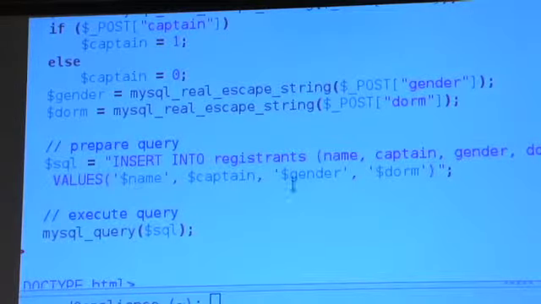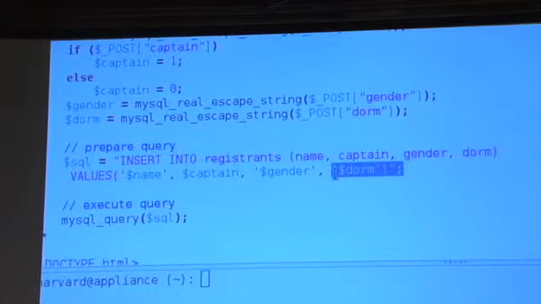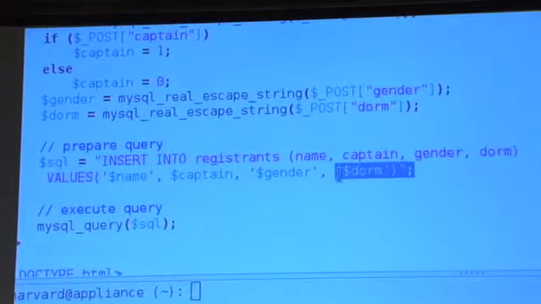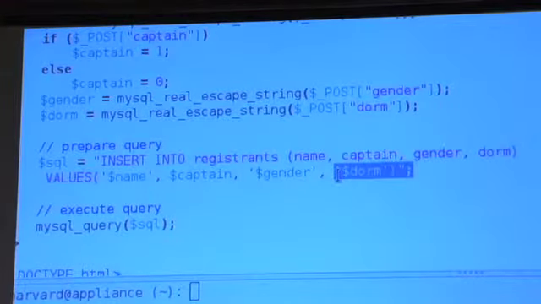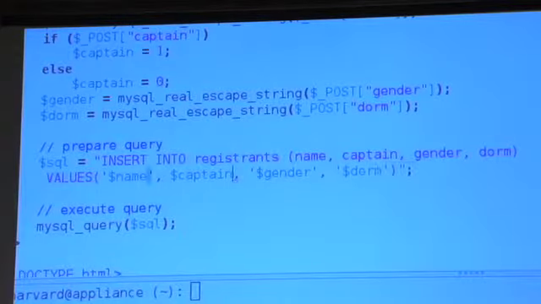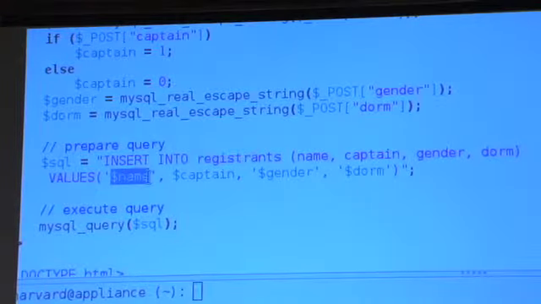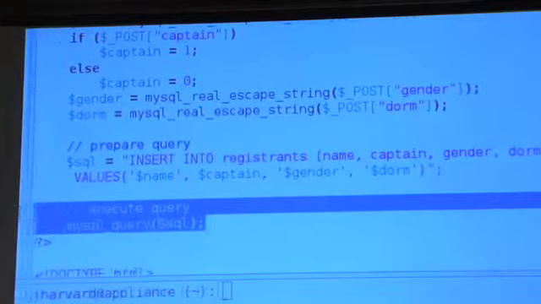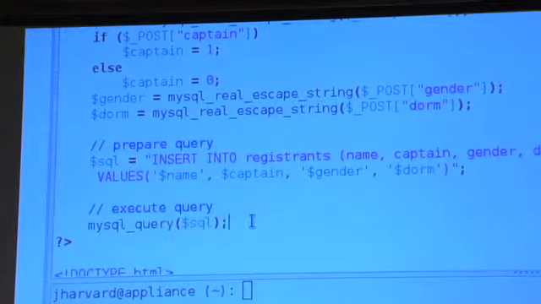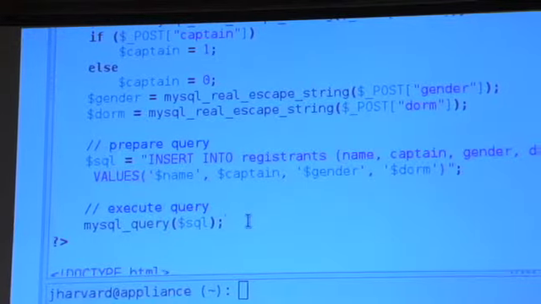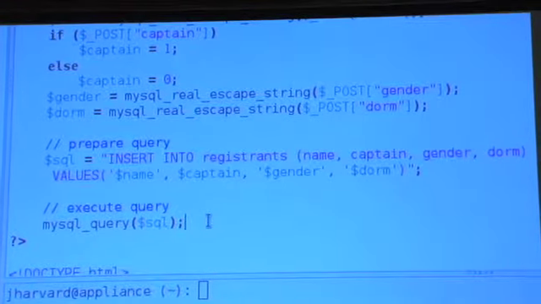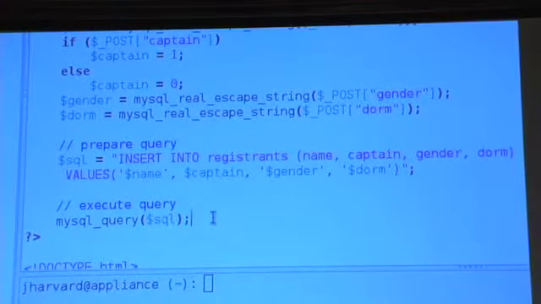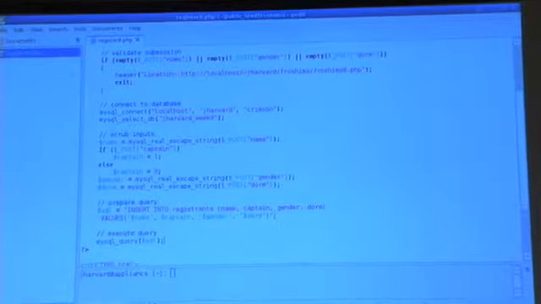And now this is one thing we could not do in C. In C, we had to do things like printf and sprintf. With PHP, if you want to insert a variable here in a string, you literally just write that variable's name. It will be interpolated inside of the double quotes. This last line here, mysql_query($sql), will actually execute that query for us, so that if I go to Frosh